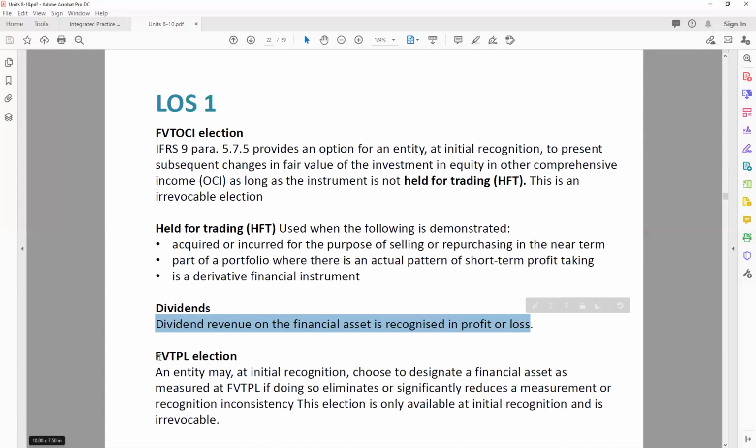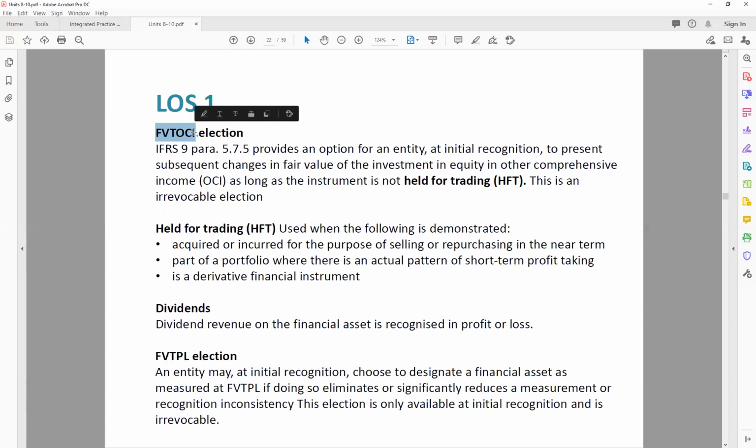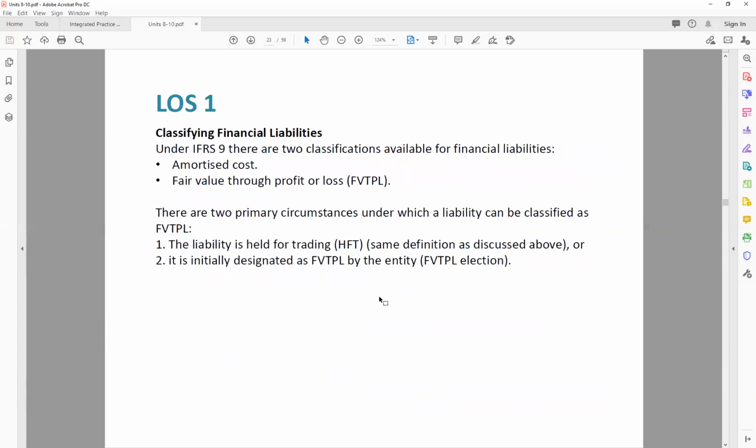Okay, and we also have this fair value through P&L election, which means that at initial recognition, the company may just designate this as fair value through P&L. So you can see that companies have these elections, which is to say that they have the right to classify this in a mechanism that they think is most suitable for their purposes, or you just follow the standard classification. And what about financial liabilities? Okay, so financial liabilities